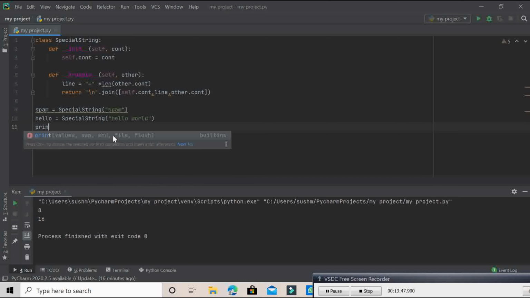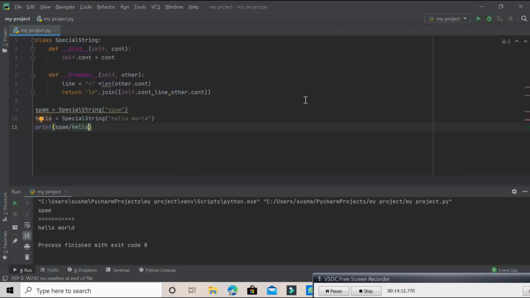Then print spam slash other slash hello, and now we are going to see the output. What we get in output, let's see. As you can see, spam and then equals to sign and hello world. The output we get